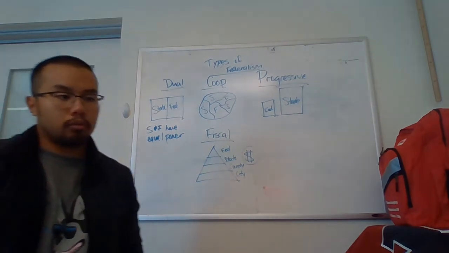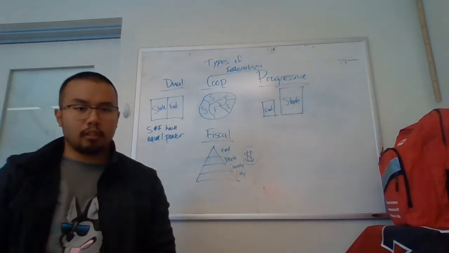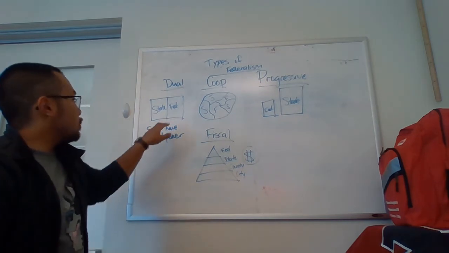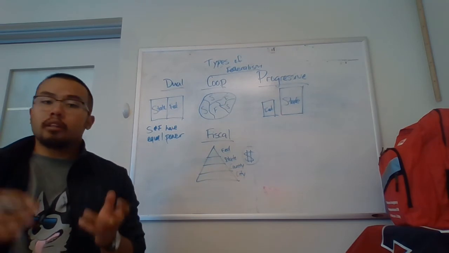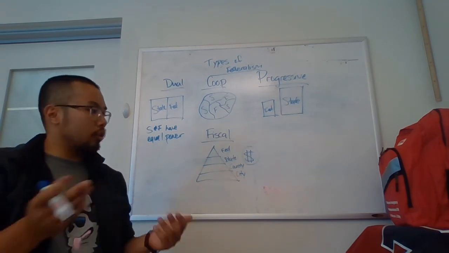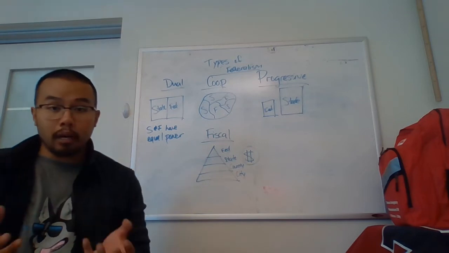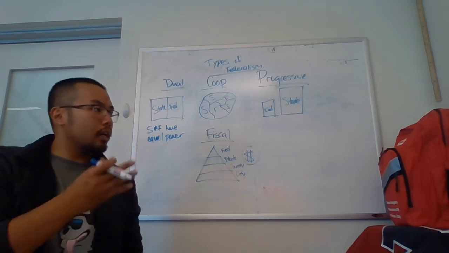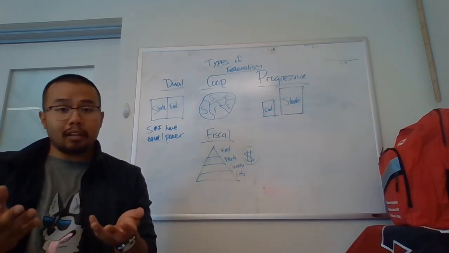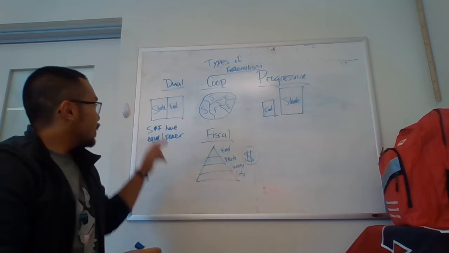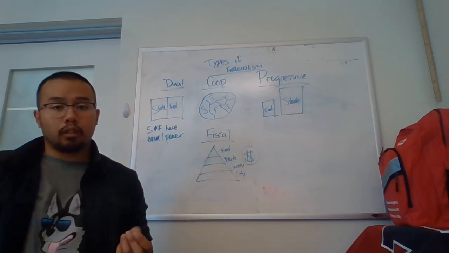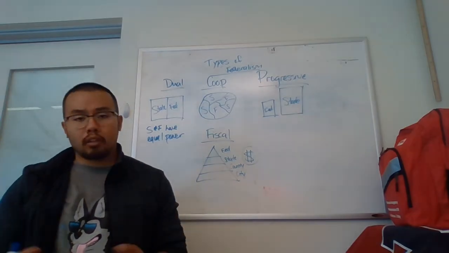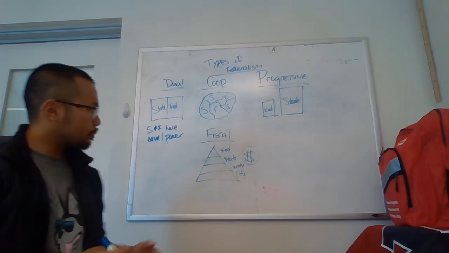Dual, in real simple terms, is that state and federal governments have equal power. These drawings symbolize the amount of power they have, and you see in this picture that they're both equal size. When they're making rules or have power over certain decisions, they have an equal amount. A way this shows up today is that both state and federal governments are able to tax you. When you look at your paycheck, the state takes some money out and the federal government takes some money out. There are exceptions in different states. Some states don't have income taxes, but they make it up in other taxes.